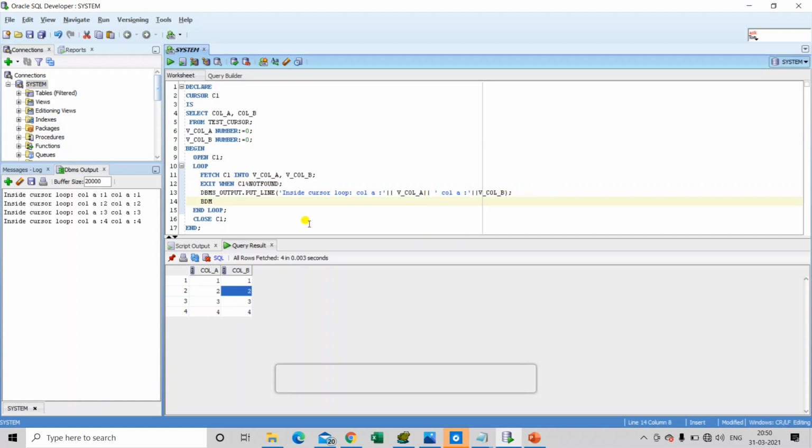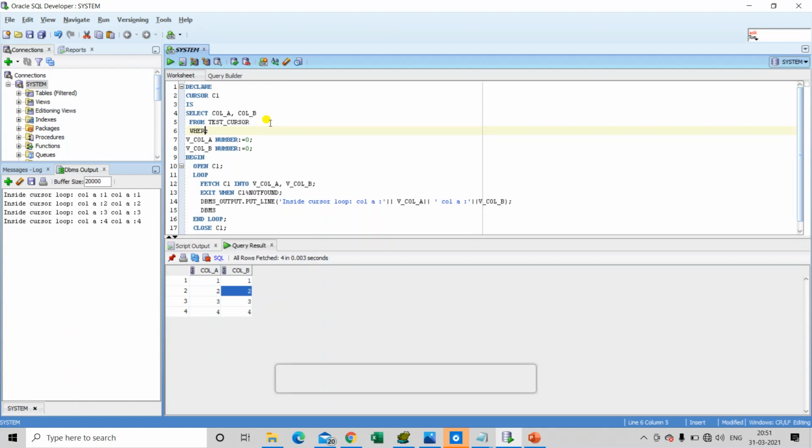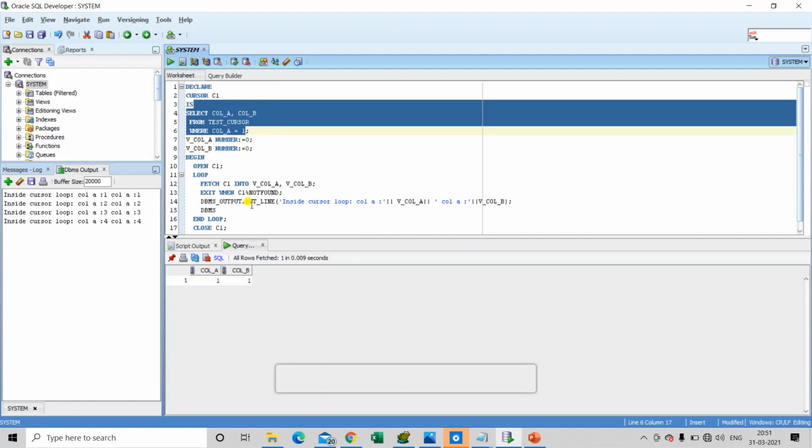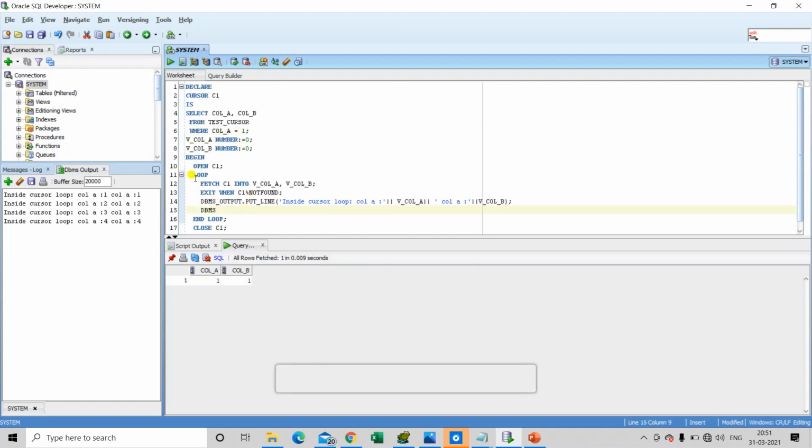Now we will check the values of cursor attributes with each iteration. Let's first put a where condition here, so that only one record is returned by the query. Now it is returning only one record, so this loop will execute only one time.